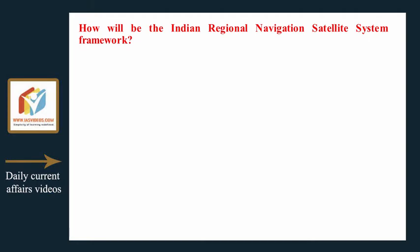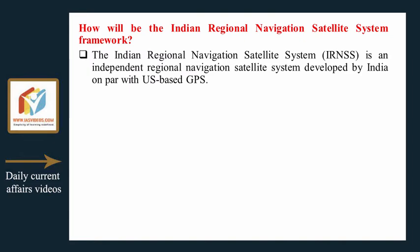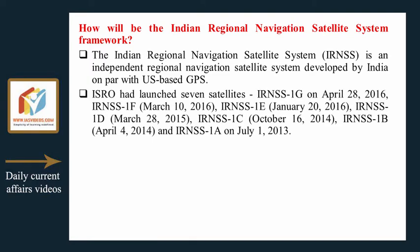How will the Indian Regional Navigation Satellite System framework be? The Indian Regional Navigation Satellite System is an independent regional navigation satellite system, developed by India on par with US-based GPS. ISRO had launched 7 satellites: IRNSS-1G on April 28, 2016, IRNSS-1F, March 10, 2016, IRNSS-1E, January 20, 2016, IRNSS-1D,